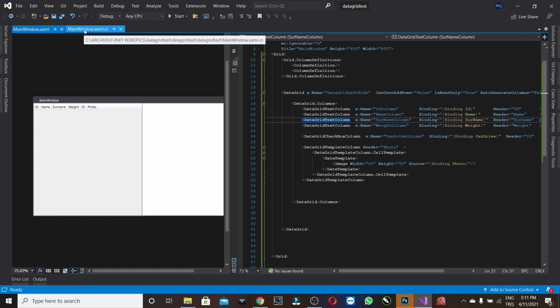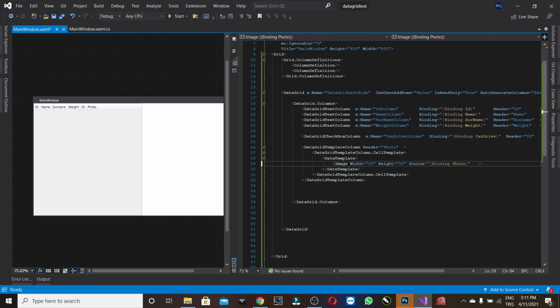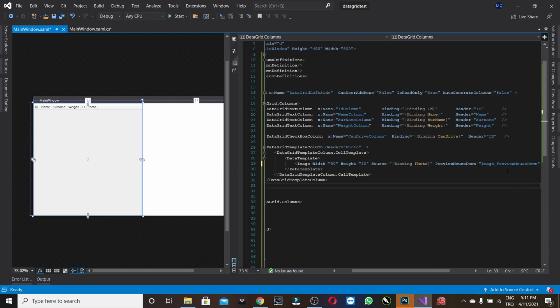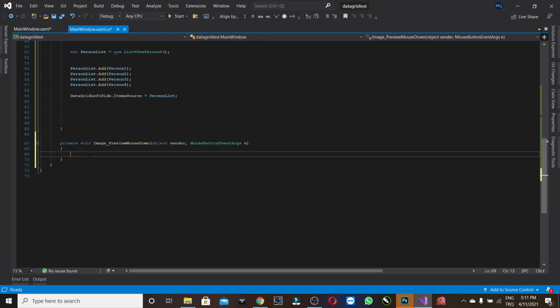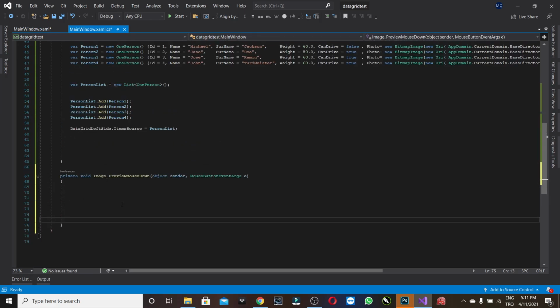and you can give each row different events. For example, let's say I have an image here. Inside this image I can put a clicking event. Images don't have click, I think it has preview mouse down. And I can put one event here. Okay, and I can go to this event, go to definition. You see, when the image is clicked,